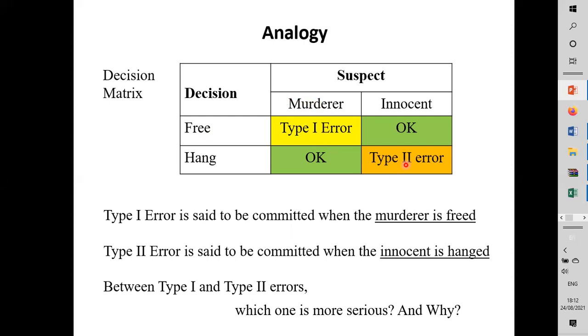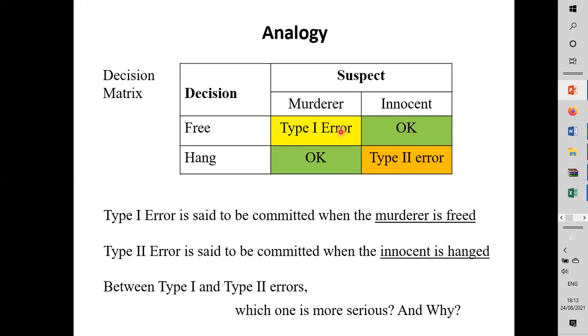What about here? Supposing my beta here is 40%. What does it mean? It's more than 20%. Out of 100 innocent people, you're going to hang 40. That must be small. 20% means what? Out of 100 murderers, you can hang 20. Don't hang more than that. Literally, that's what it means, right?